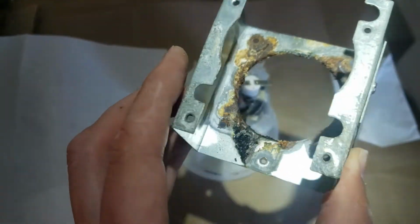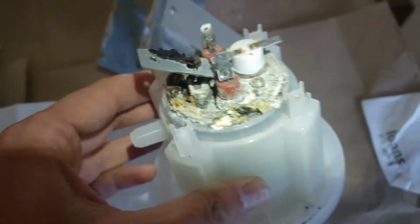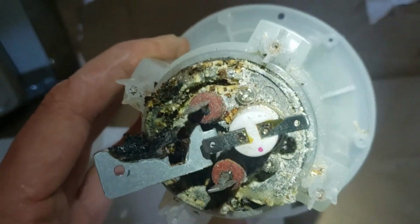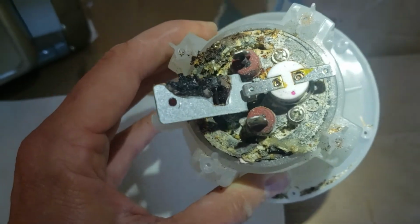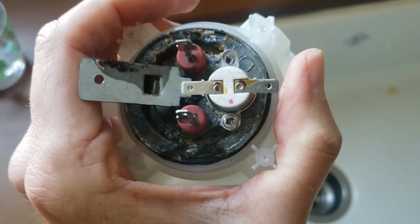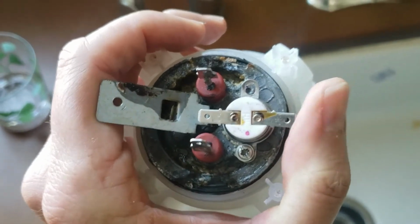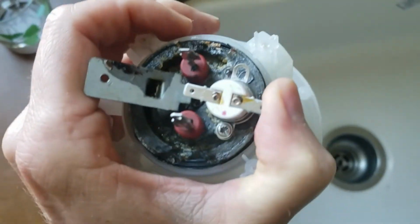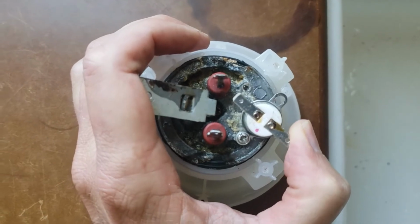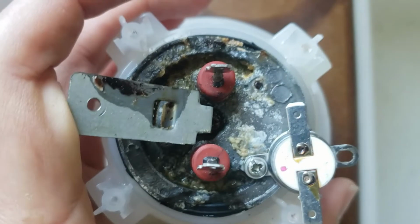Okay, so we've now taken the wire in out, taken these off, and I'm going to see if I can just clean off the terminals, and maybe that'll fix everything adequately. So this is interesting. I couldn't get the lower screw off, and I started to strip it, so I stopped. So I just decided to rotate this. This is what I think is the probe that senses water in the container,